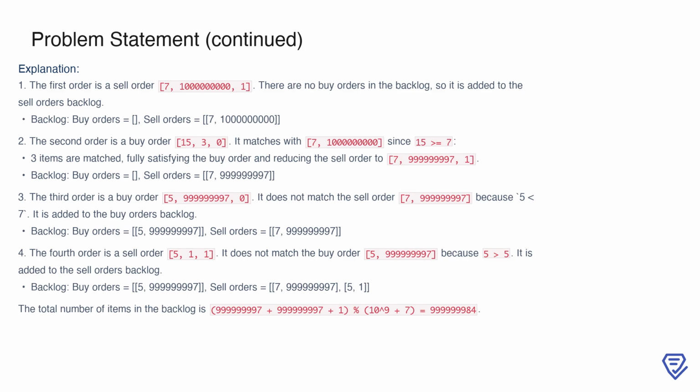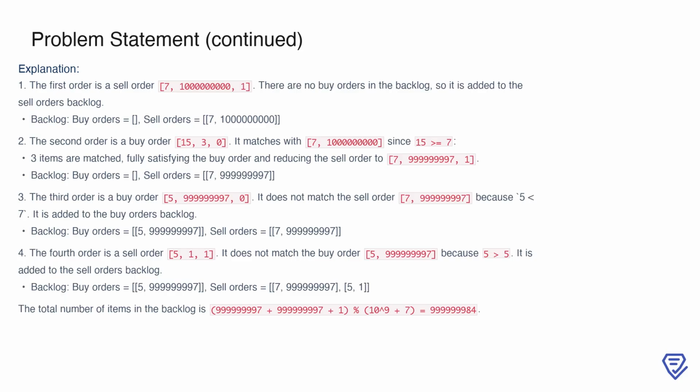The third order is a buy order for 999,999,997 items at a price of 5 or lower. Since its price of 5 is less than 7, it cannot match the sell order and is added to the buy order's backlog. Finally, the fourth order is a sell order for one item at a price of 5 or